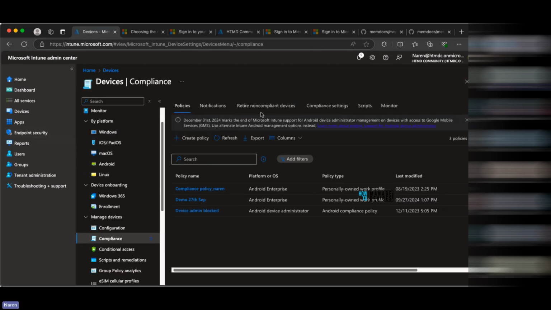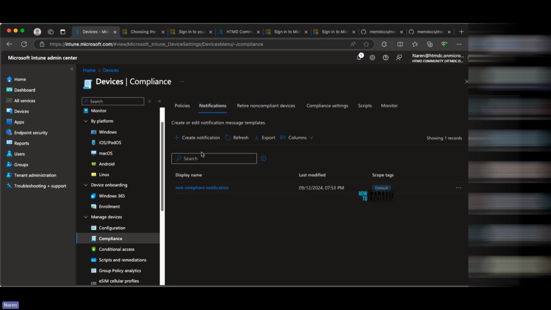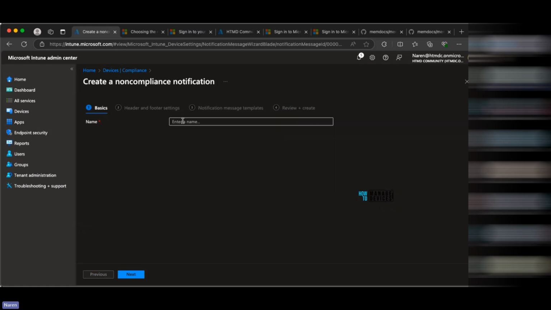And coming to the notification, I was talking about notification for the email template. So this is the place where we can create a notification. So I can provide a non-compliant